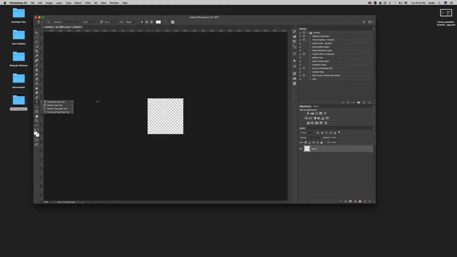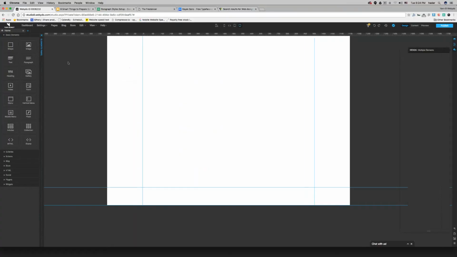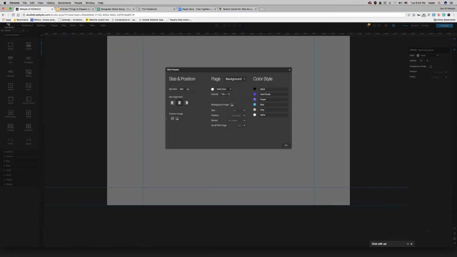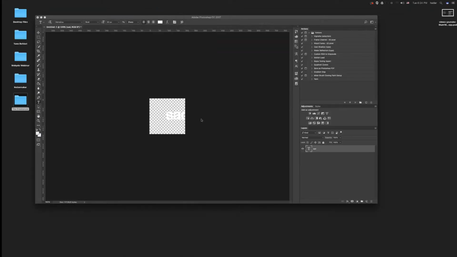So a favicon image needs to be very small, as you all know. I'm just going to put a certain text here, just making sure. Favicon image, if I'm not mistaken, it should be 42 by 42, but just to be sure,